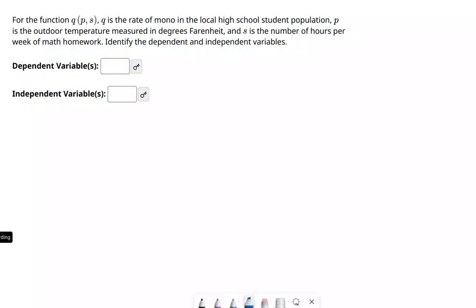So let's focus on an aspect of this problem that is right here at the start. We have Q of p comma s. So I'm going to write that the following way: Q is a function